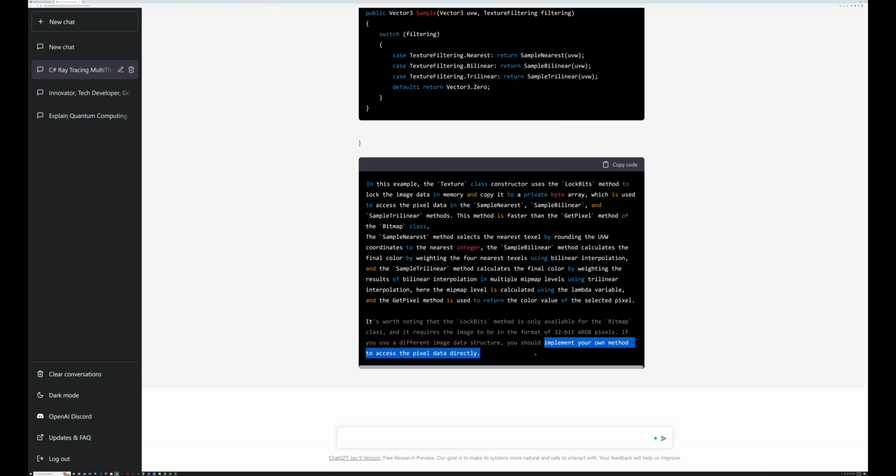I'm gonna ask it to implement a method to access the pixel data directly. So this is how you ask the questions if you want to get great results, and results that you don't have to think a lot about, if you're lazy, or if you're not knowledgeable about the topic, such as me, because I have no idea what it's talking about. But we're gonna find out when we start implementing the code. It's going to get much clearer for us. So implement your own example method to access the pixel data directly